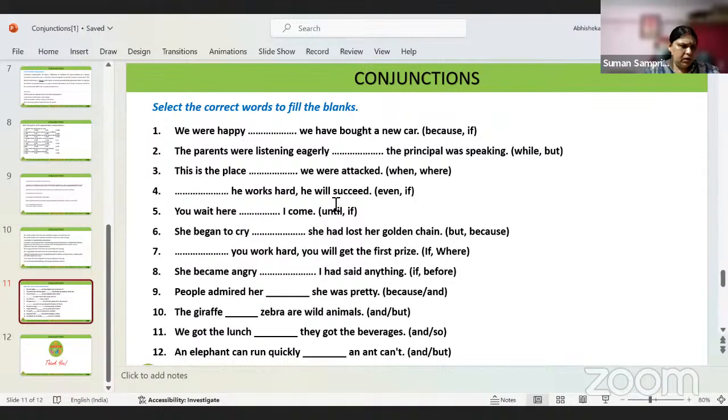Okay. So the first one is: because we are happy, because we have bought a new car. Very good. The second one is: the parents were listening eagerly while the principal was speaking. Very good. Then this is the place. Place where? Yes. Then